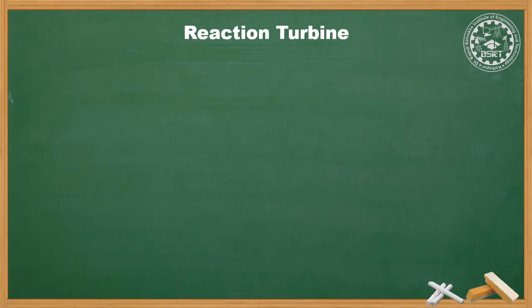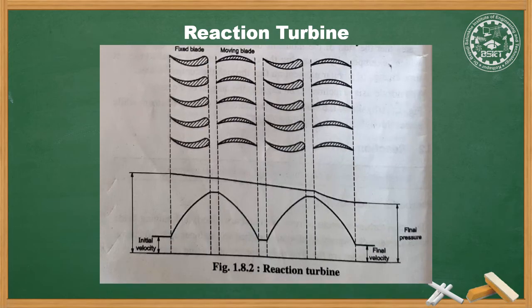Second type is a reaction turbine. Reaction turbine consists of rows of stationary, fixed and moving blades alternatively. Stationary blades are attached to the inner side of casing and the moving blades are fitted on the periphery of rotating drum. The below figure shows the arrangement of fixed blade and moving blade. Stationary blades are aerofoil shaped which act as a nozzle. The row of the fixed blade followed by the row of moving blade is called a stage, one single stage of a reaction turbine. The stationary blade acts as a nozzle,